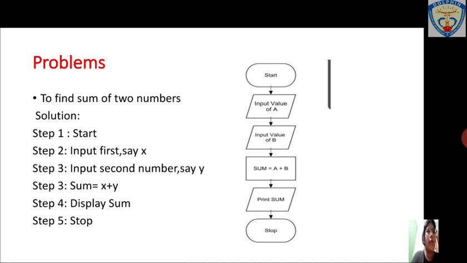Now if you look at the flowchart, with the oval shape you do the start and stop. You give the input values to a and b. You perform the sum of a and b. Next you print that sum, a plus b, that was assigned. In the flowchart there is a difference in the variables. In the program I have taken x and y, whereas in the flowchart these are a and b. This is just to show that you can take any variable name, either x and y or a and b. It's your choice. You are free to give the variable name.